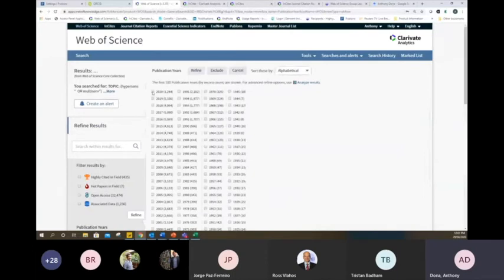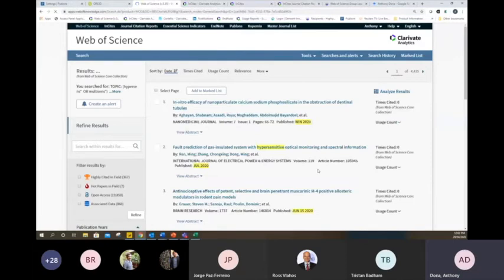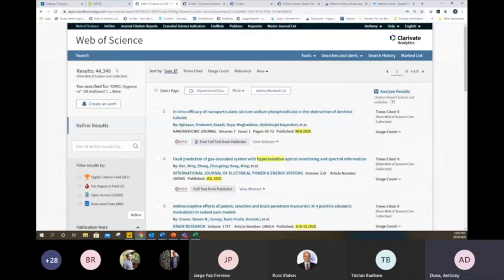Say, for example, I'm in this area of research and I just want to look for organizations that are performing well in this area of research globally, so that I can look for potential collaborators, or where my postdoc may want to be, or whatever I like. I can start to run an assessment at an organizational level or a regional level, or look at the journals that people are publishing this type of document in as well. So now I've refined by the last 10 years, and I'm now looking at a set that is less than 50,000 big. And so I'm going to now export that set to InCites.